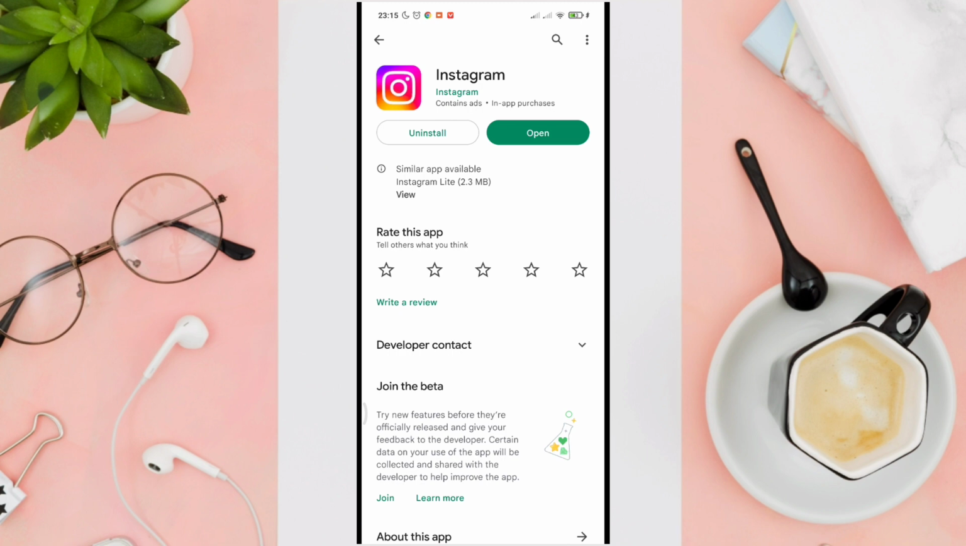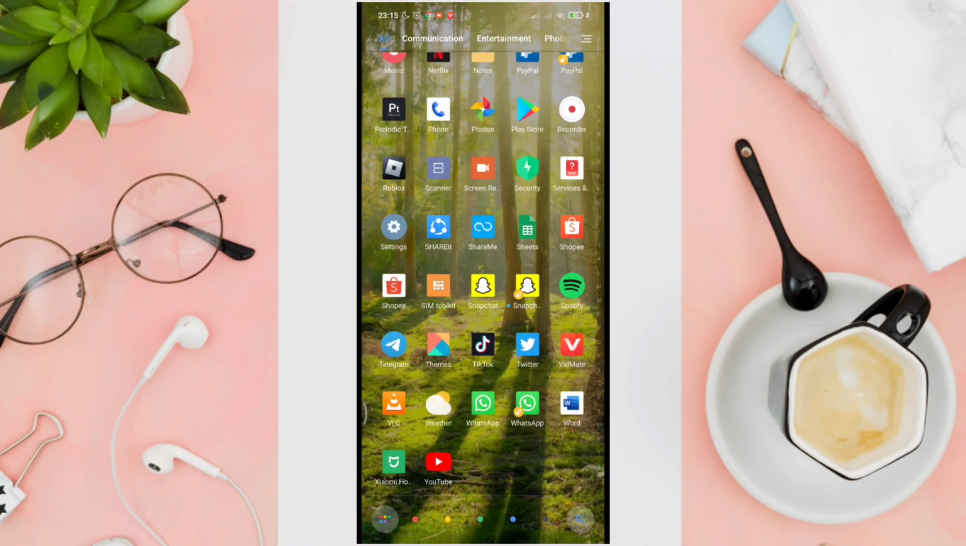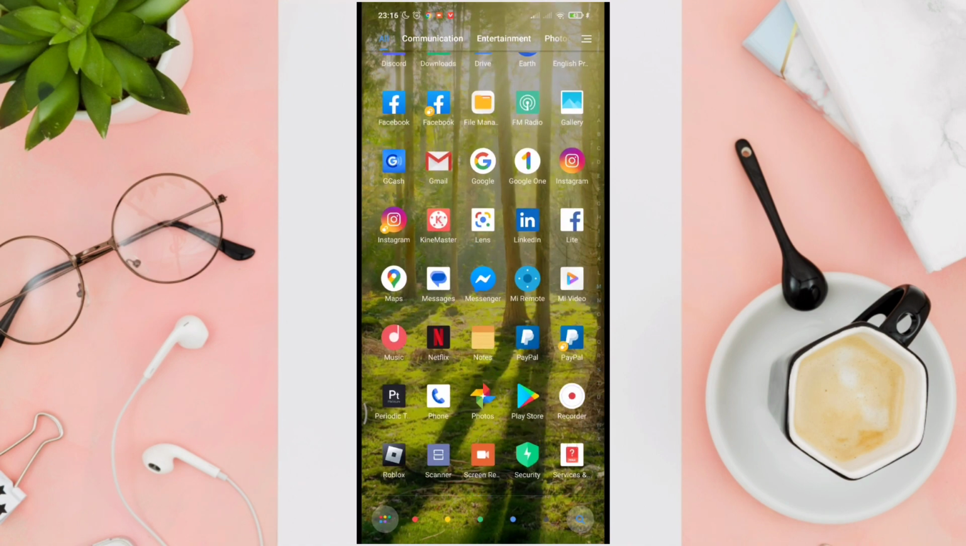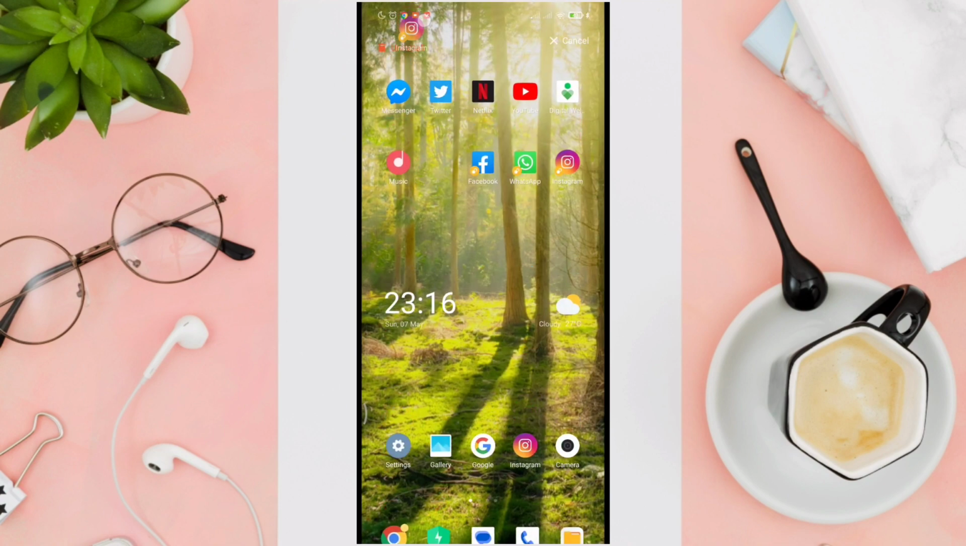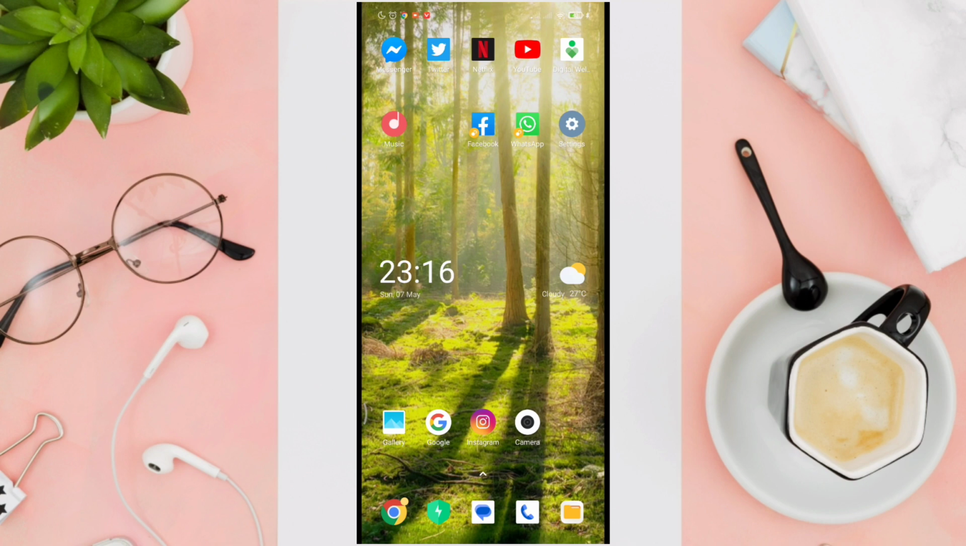Okay, so since your Instagram is updated, now uninstall and reinstall the app. If none of the previous steps work, you can try uninstalling and reinstalling the Instagram app. This will completely remove the app from your device and then reinstall it with fresh settings. To do this, go to your device's app store, find Instagram and select uninstall, then download and install the app